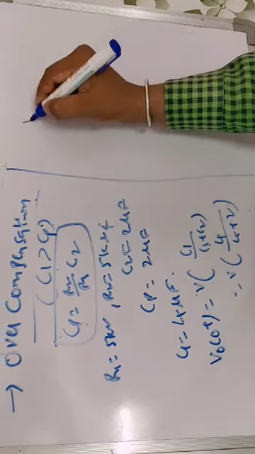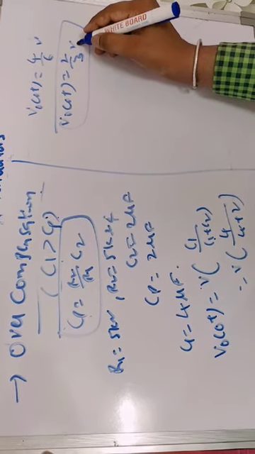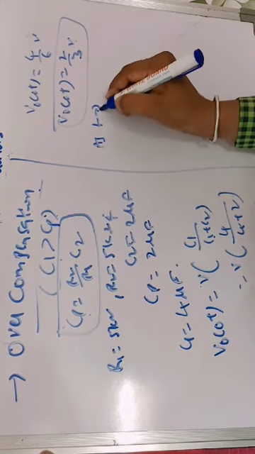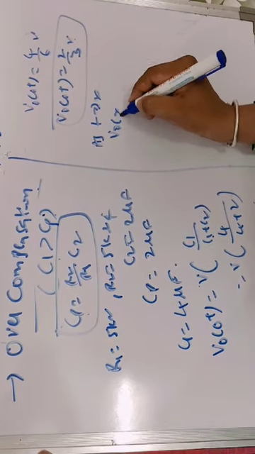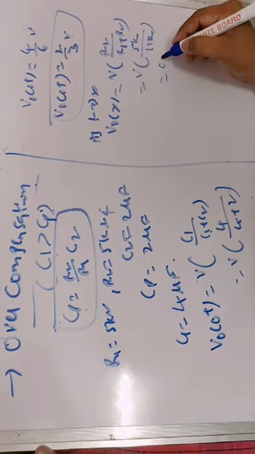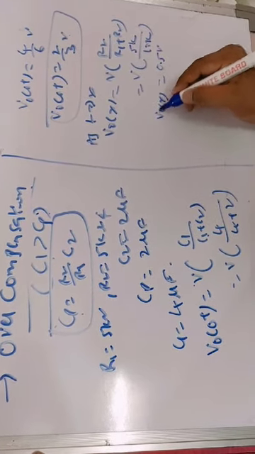The final value is 66.7% of its maximum value V. As t tends to infinity, V0 of infinity depends on the resistor values. It is R2 divided by R1 plus R2, V into what is R1 and R2 values? R1 and R2 values are both equal. It is 5k divided by 10k. The final value is 1 by 2, meaning 0.5 into V.